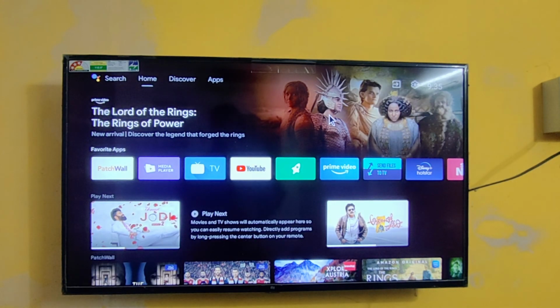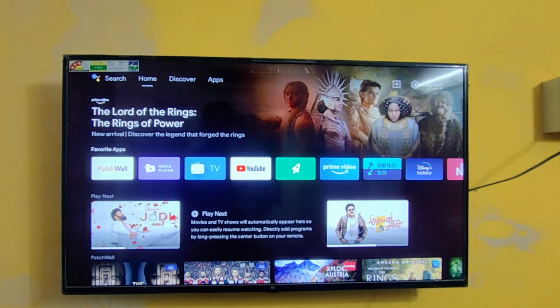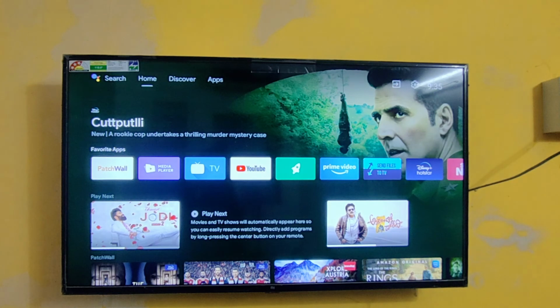This is one of the best TV remote apps for your Mi TV as well as your Fire TV stick also. I was really impressed by using this app because there are a lot of features in this single app. You can share files as well as